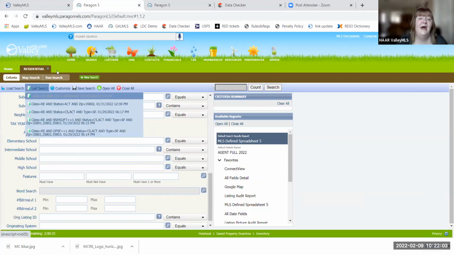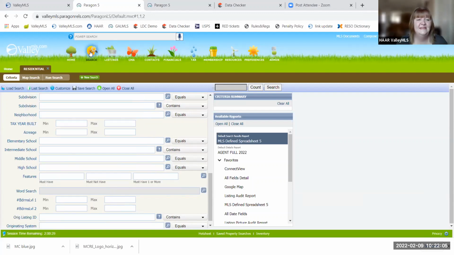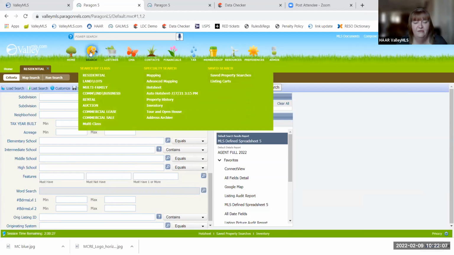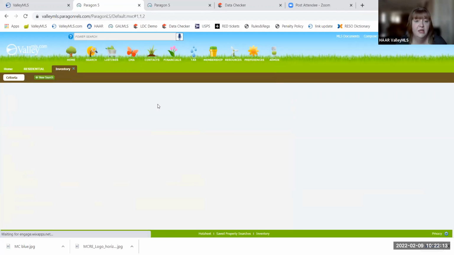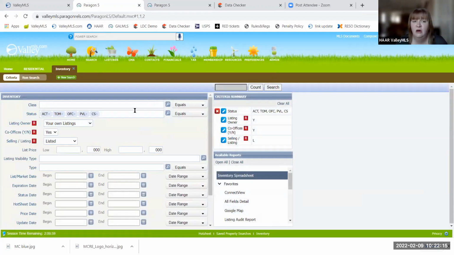Excuse me. The last search I want to show you is going to be an inventory search. And I actually have a sheet I'll send to you at the end. We aren't going to go over this too much in depth because I do have a resource guide. But this is a really helpful search, and I'm surprised the number of brokers who don't utilize it on the office level, because I know when I worked in an office, I was pulling this search daily, weekly, if not daily.